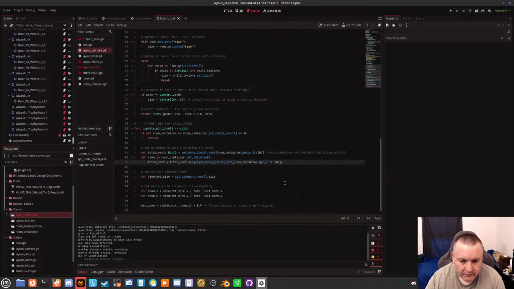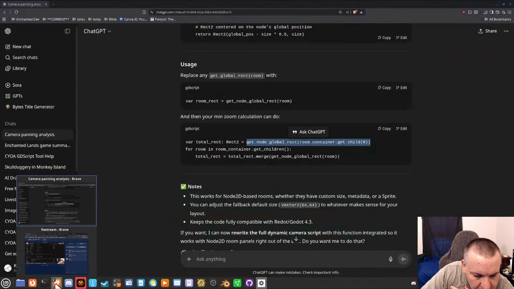That does not work. Total rect equals total rect merge. Get global rect. Okay.